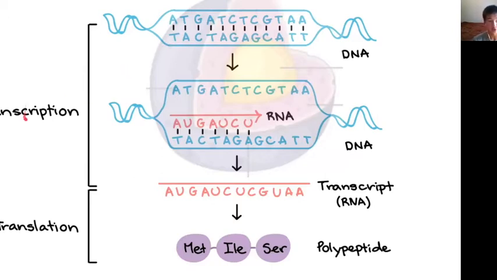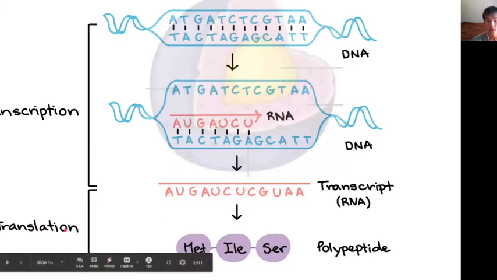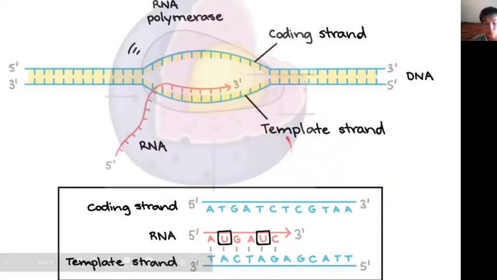And here we have the transcription, which is really the first part. The transcription is going to happen in this nucleus here, which is why I have the nucleus in the background. And the translation is going to happen outside the nucleus. Once again, this is going to be the transcription. So I'm going to explain a little bit. The DNA is just going to unravel just a little bit, so only one section really. And then we're going to have this RNA that's going to be built, and it's going to be using